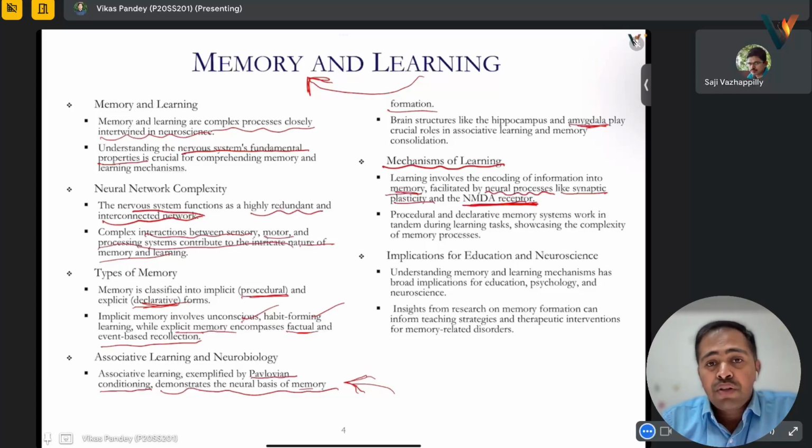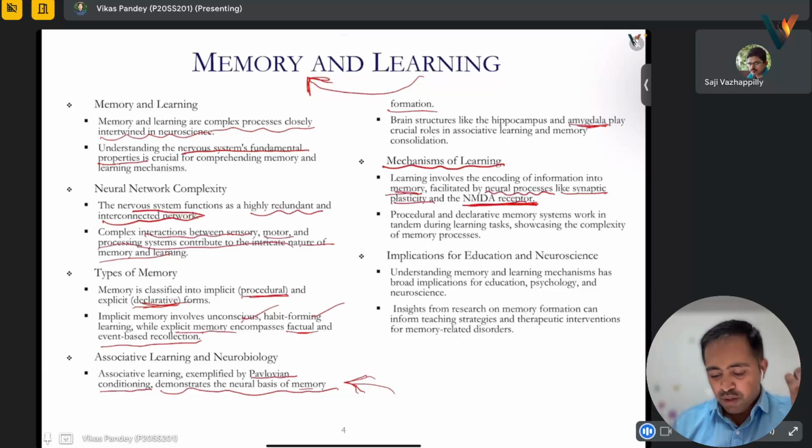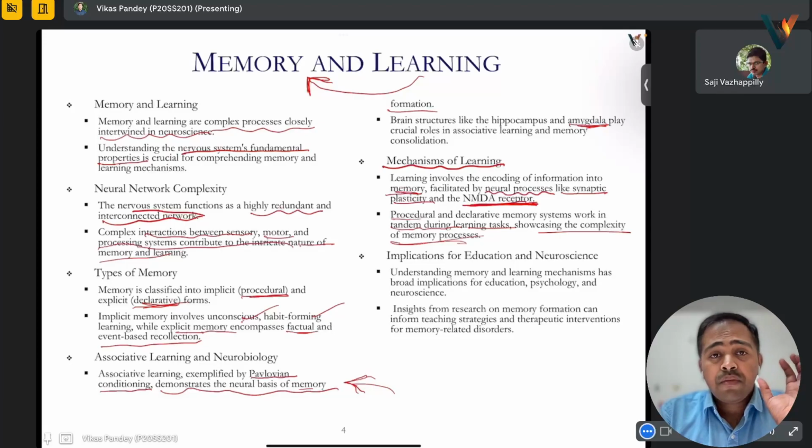Procedural and declarative memory systems work in tandem during learning tasks. So there is no difference in that procedural memory will be stored in a different way, and declarative memory, like factual things and procedures, will not be separated. They work in tandem during learning tasks. So that itself shows how complex our memory processes are. Okay,